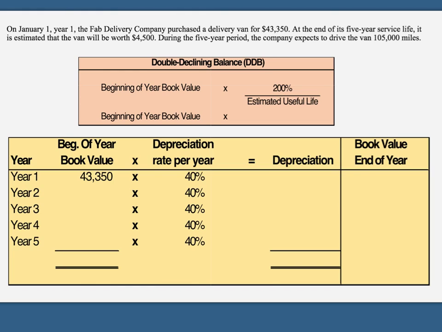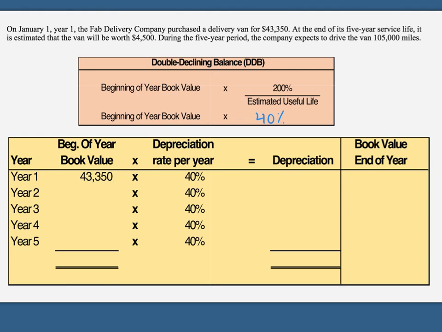The formula for that is the beginning of year book value times 200% divided by the estimated useful life. This will be our depreciation rate. So we'll take 200% divided by 5, which is our estimated useful life, and that's going to give us 40% for our depreciation rate per year. You can see we've plugged that in here. So we start with the beginning of year book value. So of course in year 1 it's going to be our purchase price, 43,350,